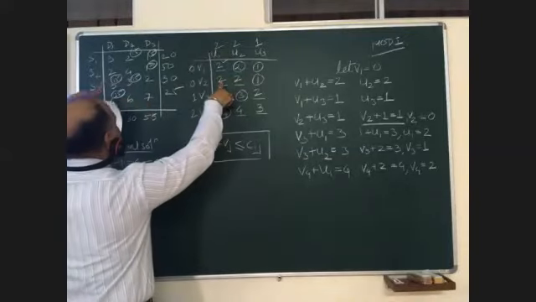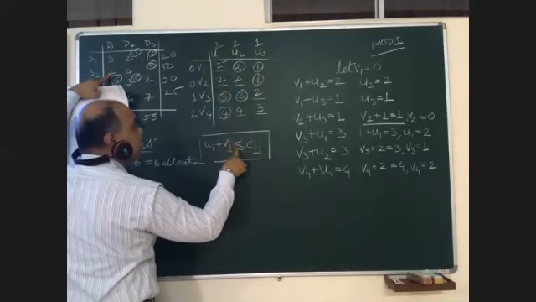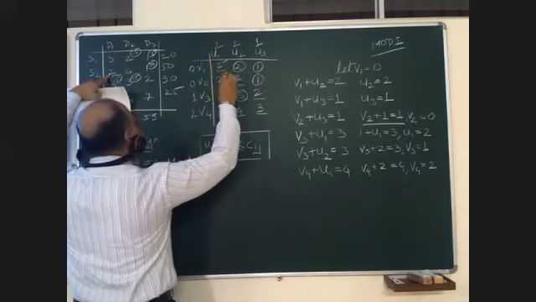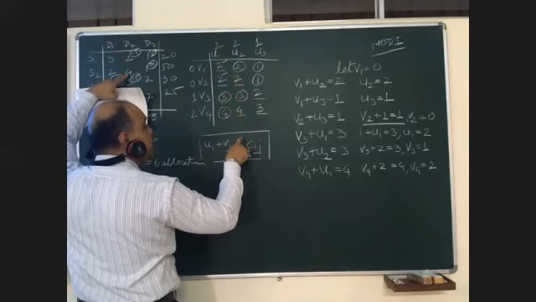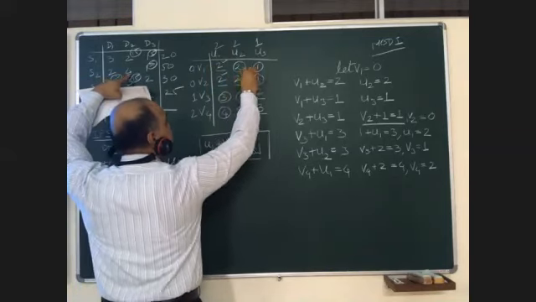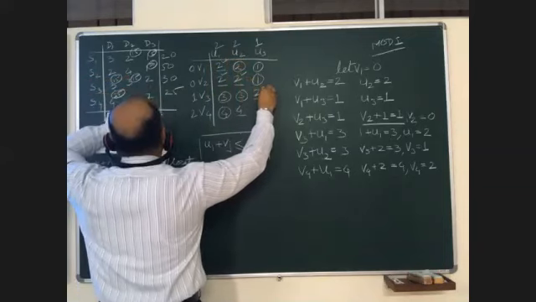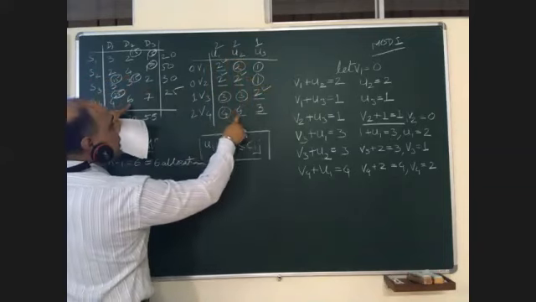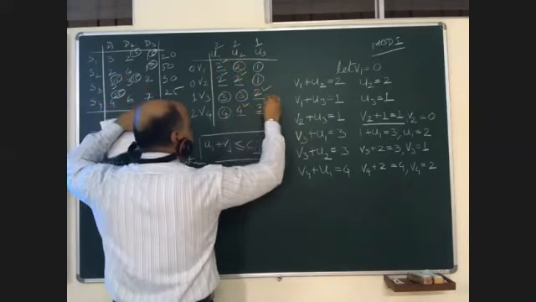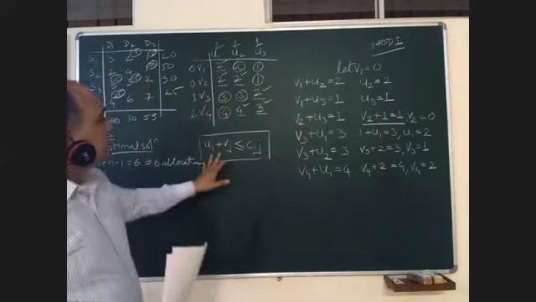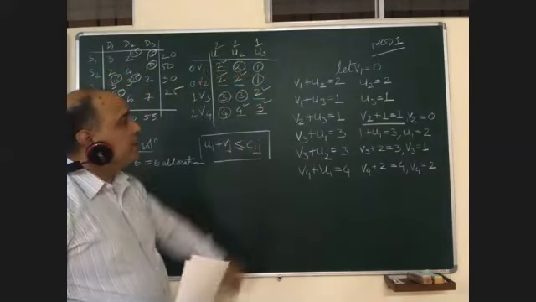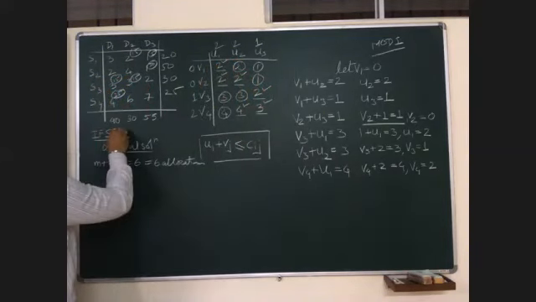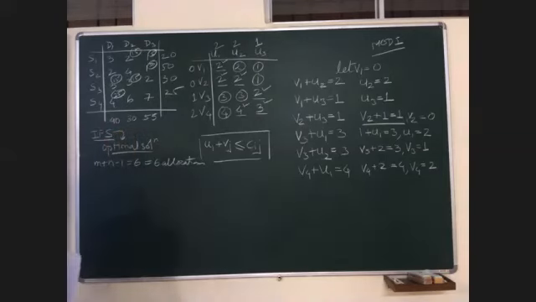Now at this place we will check. Here it is 2, here it is 2. It is equal to. Yes, satisfies. 4, 2. This is greater. It should be greater. So 4 is greater. Satisfies. Then at this place it is 2, 2, 6, 4, 7, 3. Yes, at all the places the condition ui plus vj less than or equal to cij is satisfied. It means your IFS is your optimal solution.